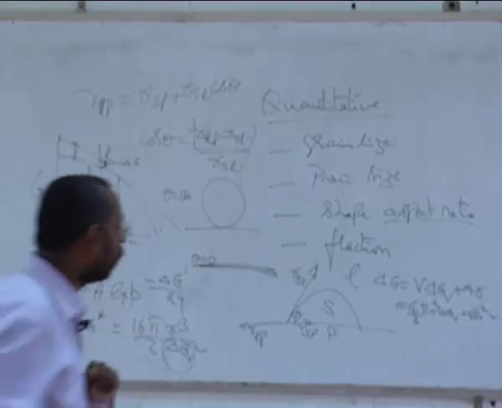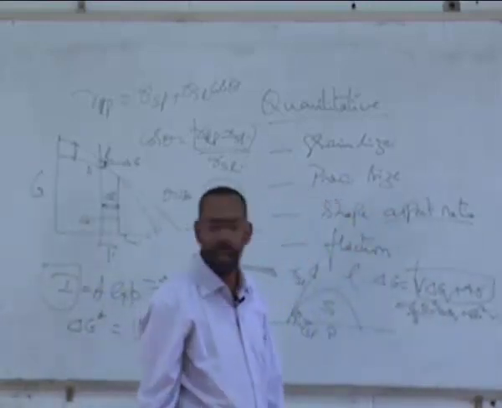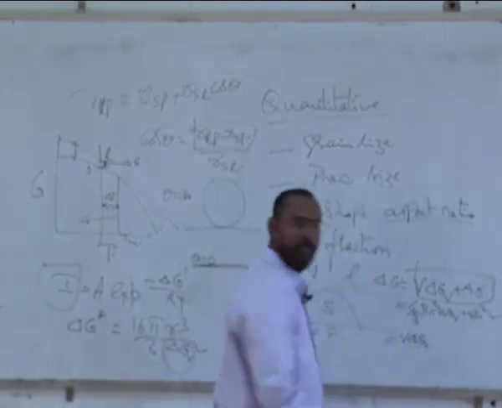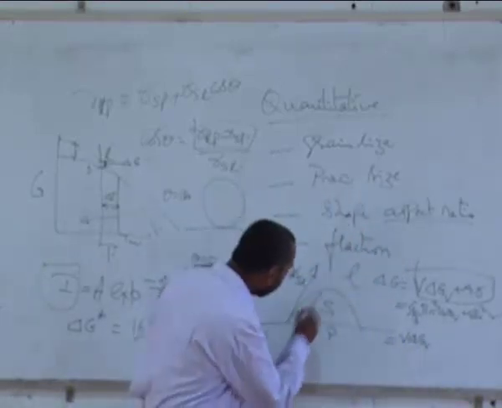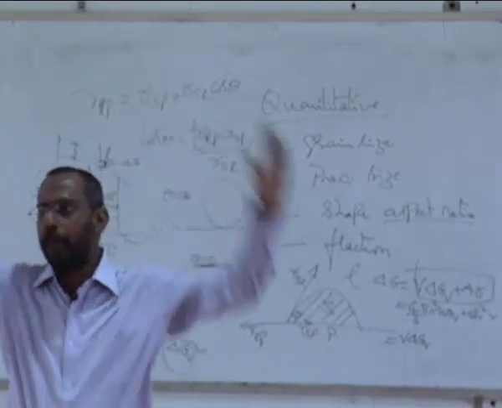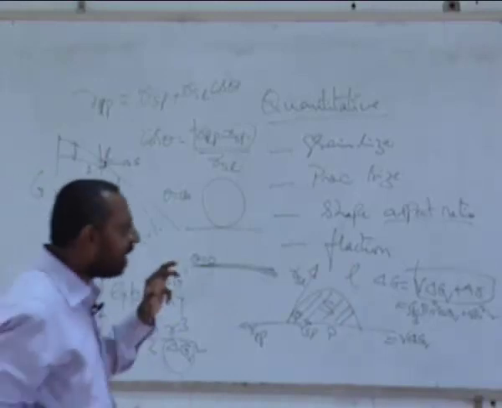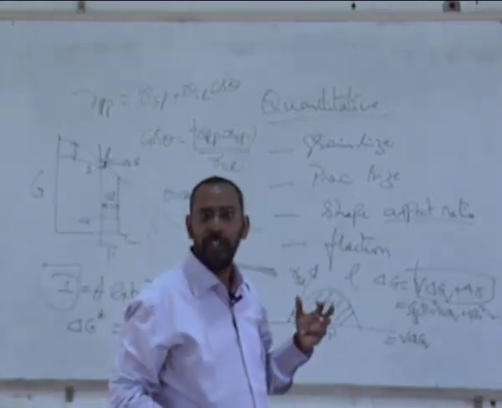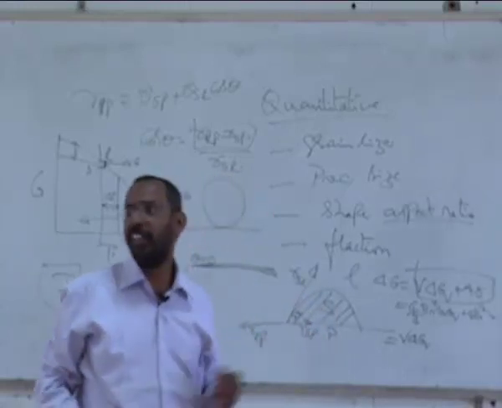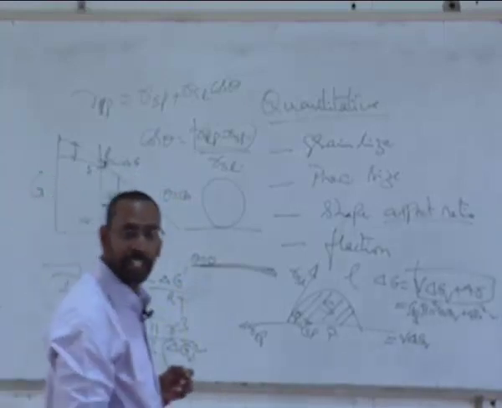The moment I say heterogeneous nucleation, here I have to modify this. I have to modify it as V into delta GV, where V is what? V of this. What is the solid that is nucleating? It is not a sphere anymore. It is only a hemispherical cap. The volume of that. And when I say A, here you have a surface area which is being created. So what is the surface area that is being created?